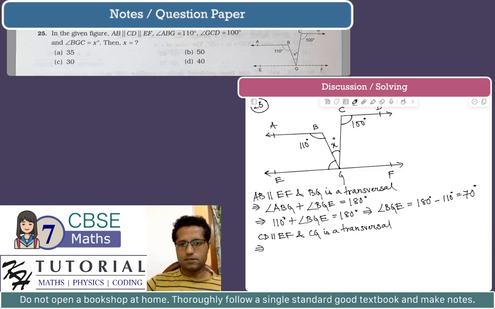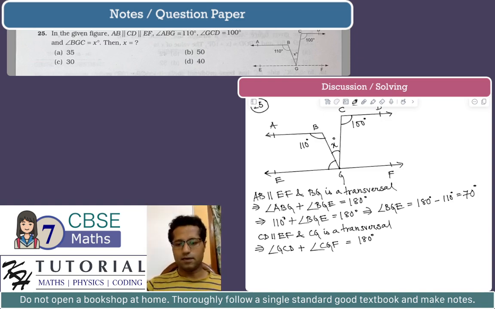So this implies that the co-interior angles DCG, or GCD, plus angle CGF must be equal to 180 degrees,